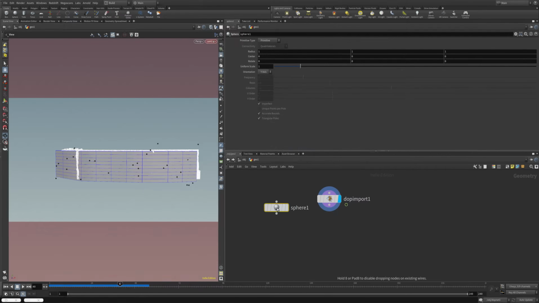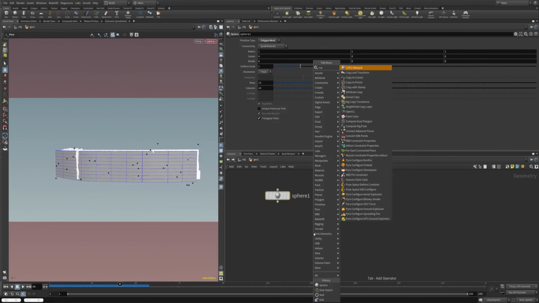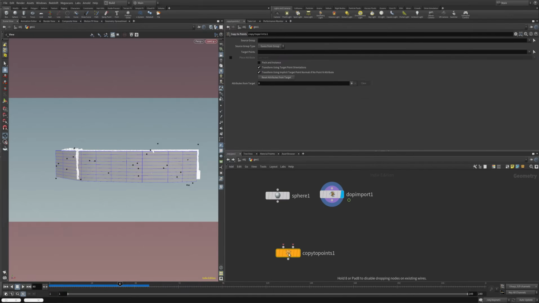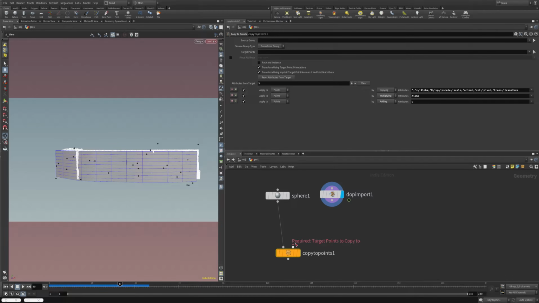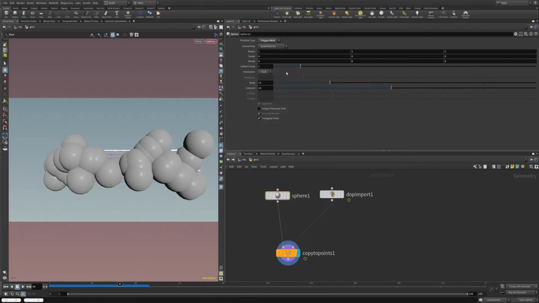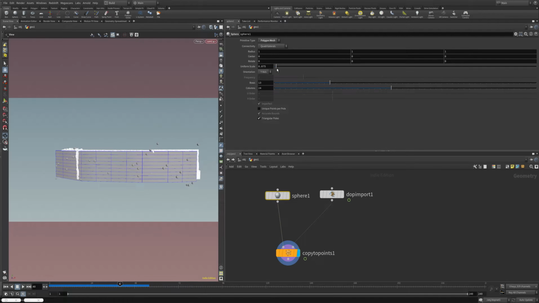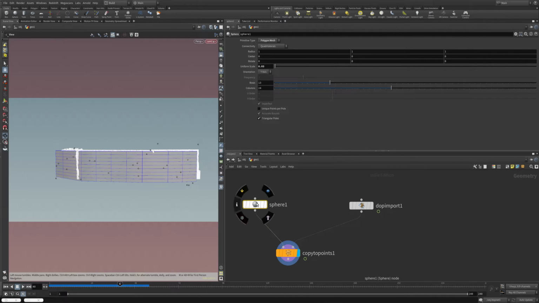So we take a primitive polygon mesh and we take a copy to points. With the copy to points node, we can pick here the geometry. We want the sphere and our particles, and they are way too large, so we're gonna bring them down to something like 0.3. And you can instance, for example, also your own geometry when you want to make something swirl,